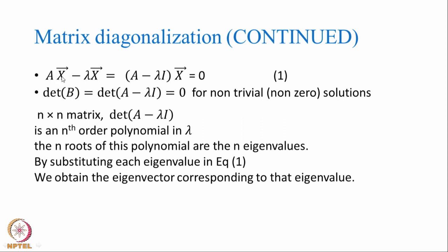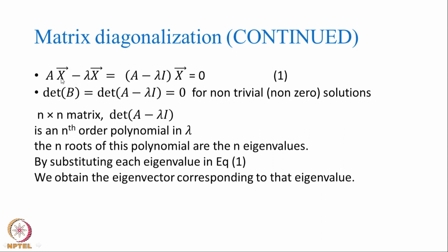x is some vector, a column vector, and when you multiply it on the left by matrix A, what you get is again that column vector multiplied by a constant. So, that means, if x was a vector in some direction, the multiplication by a matrix gives you a multiple of the same vector. So, multiplying by that matrix has not changed the direction of the vector. In general, when you multiply a vector x by a matrix A, its direction also changes. So, this is a special case where the direction does not change.